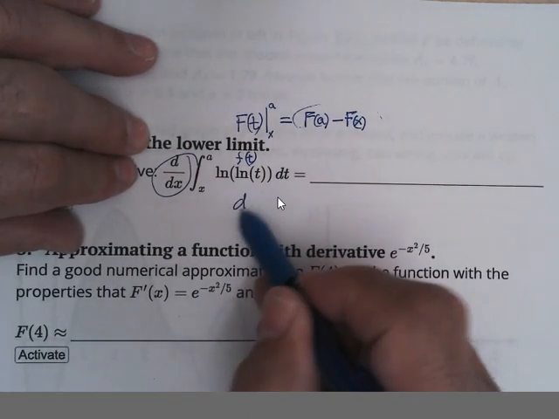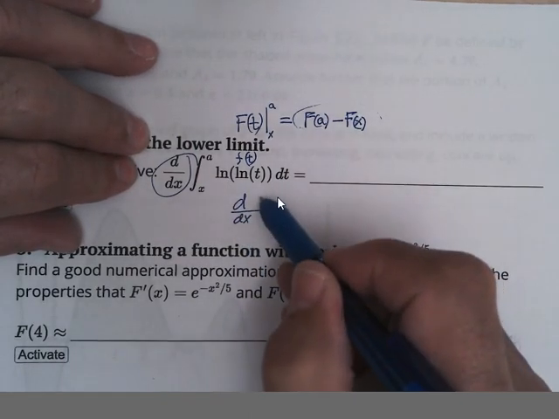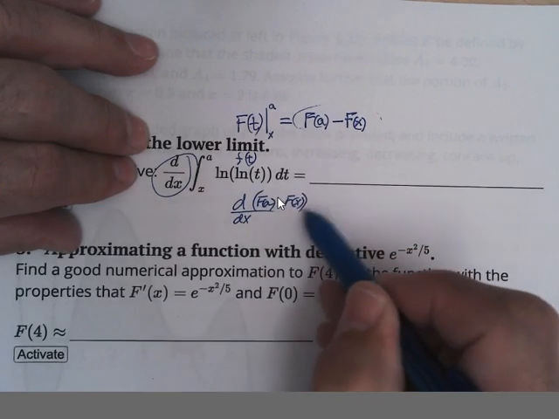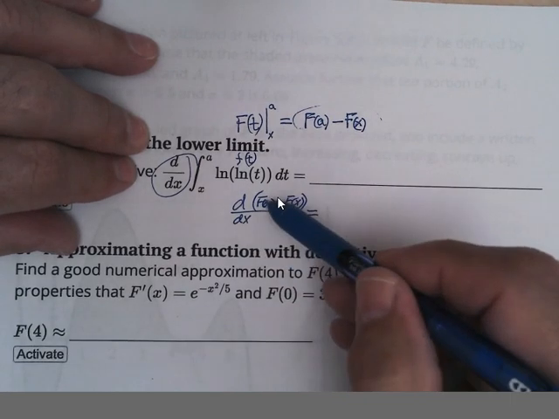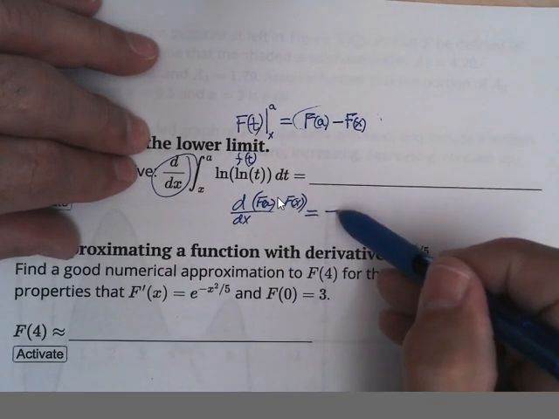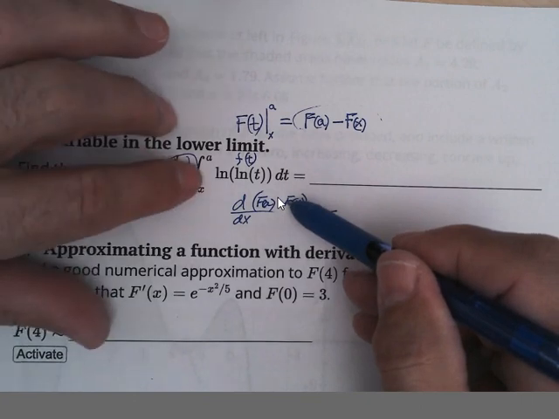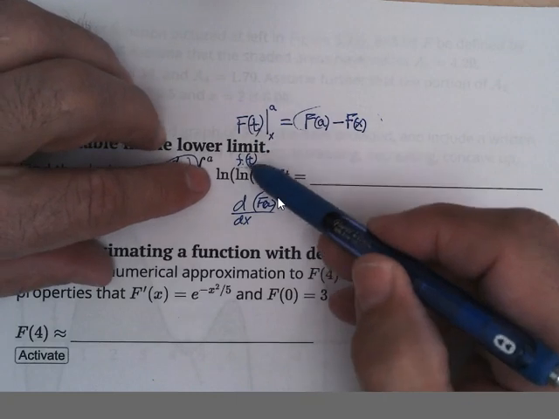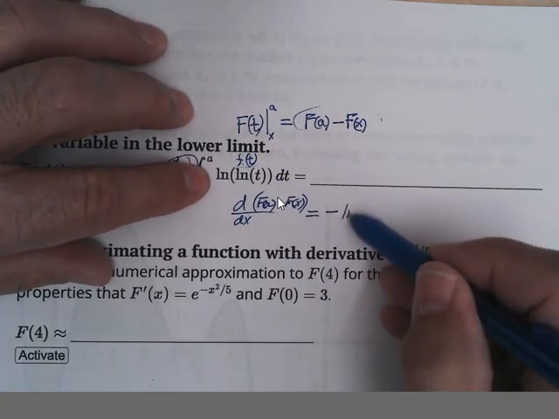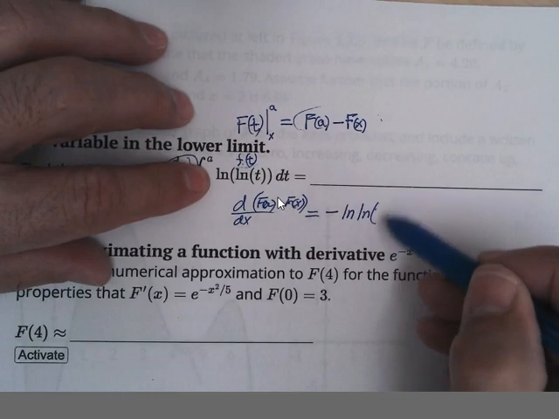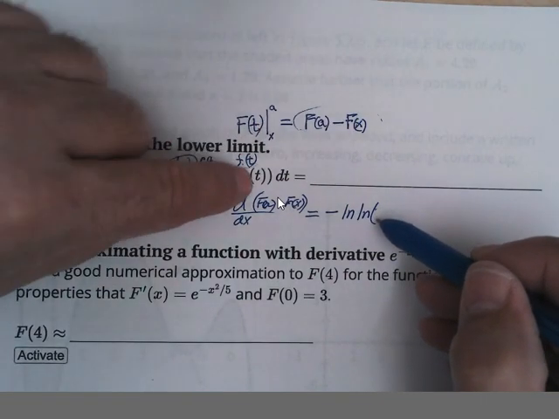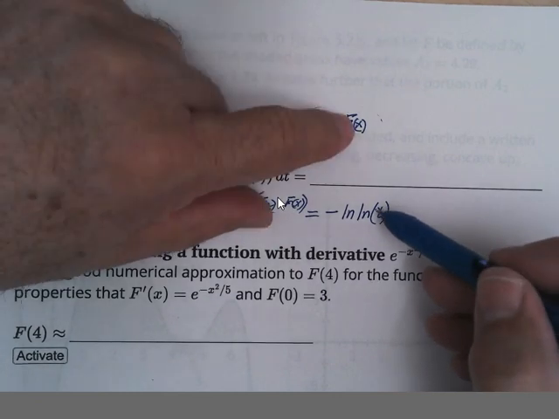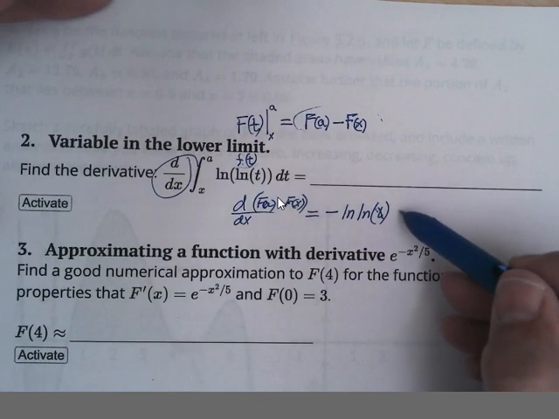So the derivative with respect to x of F of a minus F of x would be, the derivative of a constant is 0, and it would be minus, and the derivative of F, well, this is F, this was the derivative of it, because we called that the antiderivative. So this is the derivative, which would be ln of, and now we're putting x in place of the t, so we put x here. And then we take the derivative of the inside, where the derivative of x is just 1, so times 1,